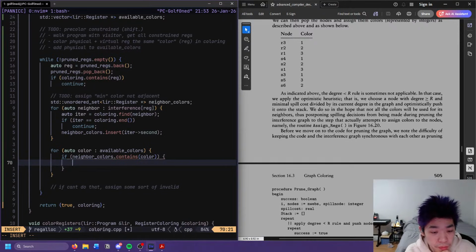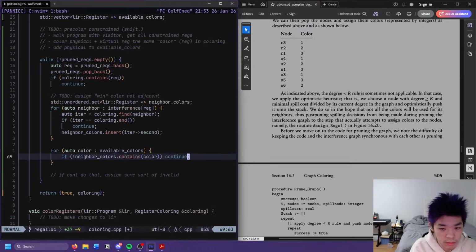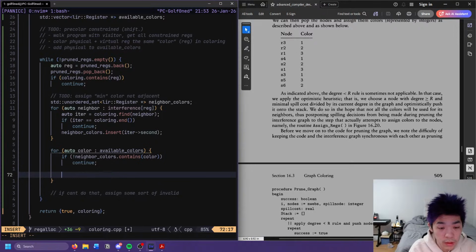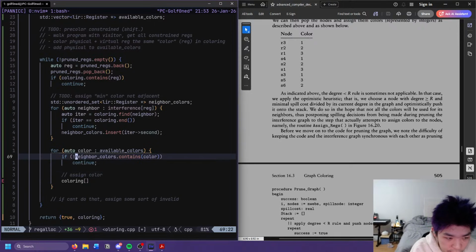Okay. I guess we could denest this. So if it doesn't have the color, then we keep looking. Otherwise, we have the color. So then assign the color. So we want coloring at... oh wait, no, other way around.